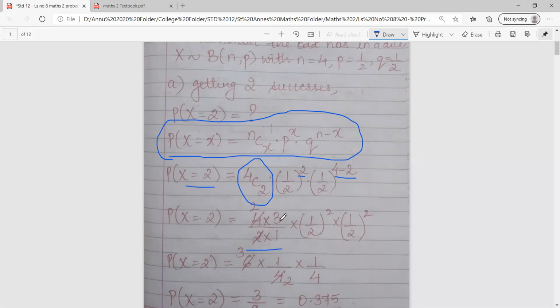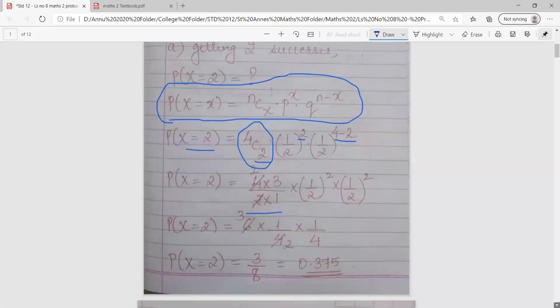So for permutations and combinations, remember class, we always open up the number in backward direction. So as you can see over here 4C2, that means the number below is 2 here. So in the numerator, I'll be opening only 2 digits in backward position. So as you can see 4 into 3 divided by 2 into 1, into half square into half the whole square again because 4 minus 2 gives you a 2.